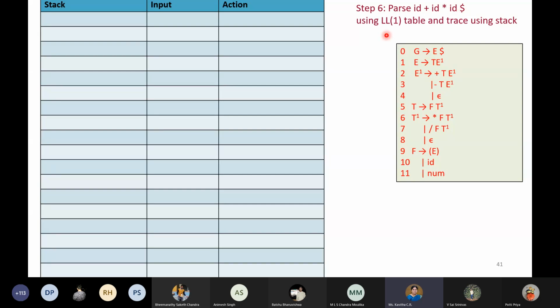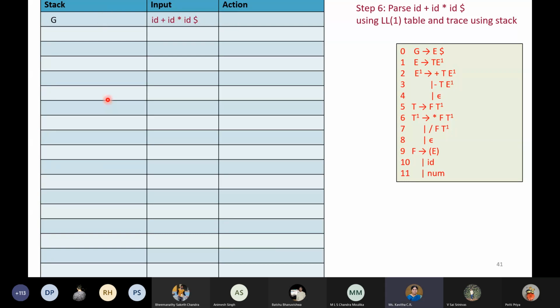So let us start tracing this. In the beginning, in the stack you are going to take the start symbol, that is nothing but whatever you have got after the augmentation. If you have augmented, then that you are going to use. So G, and my input I am going to place like this, and my scanning is always from left to right. So I'll be pointing to the first ID here, ID1. I can call it ID1, or if you have something like A plus B into C, you'll be pointing to A. So this is my input.